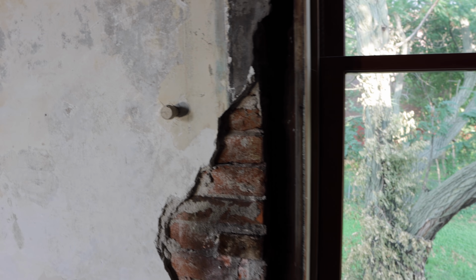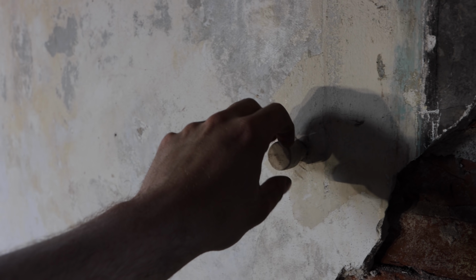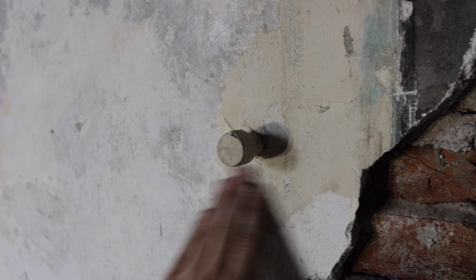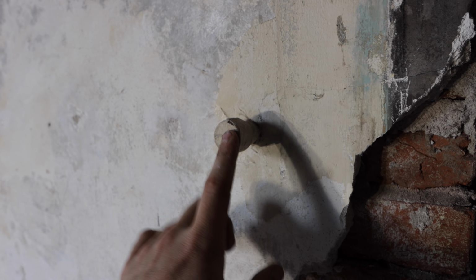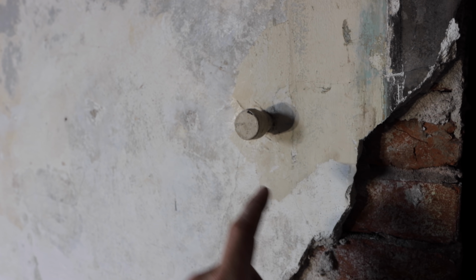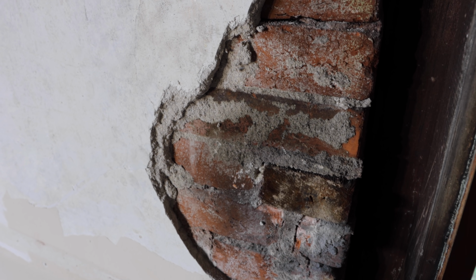A few things about the change on this wall. Right here and over there are two sconces, or what used to be gas sconces. I'm going to cut these pipes right here off and just put plaster back over them. I would love to put these back in their original position. The problem with it is I would have to run conduit on the outside of the building, and I would rather not do that. Of course, I can go through the floor and up, but I'd have to remove a